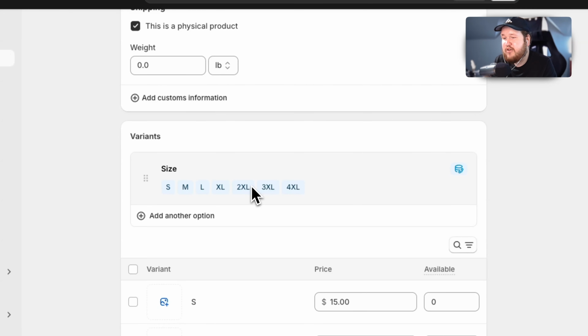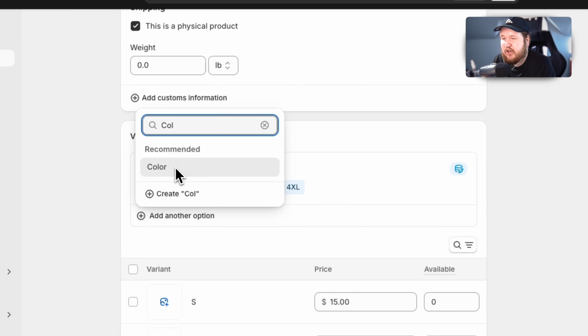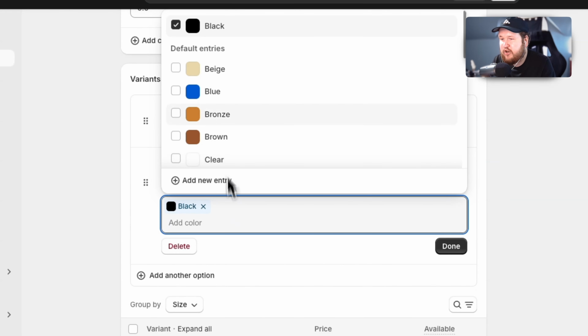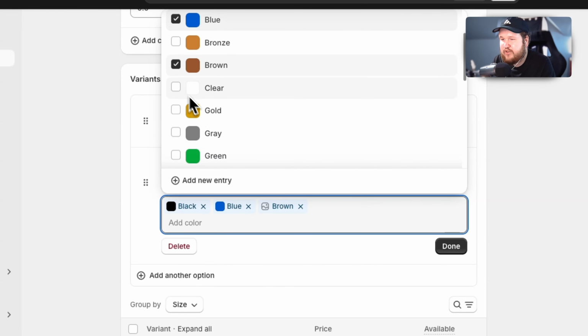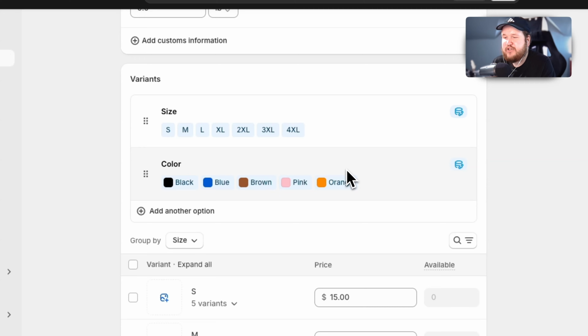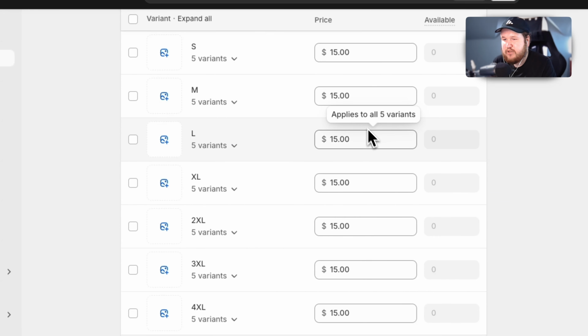size they would like. We can also add another variant, such as, let's say we want to add a color variant. So instead of just the black color, we could also allow them to have different colors of t-shirts as well. And you can go ahead and modify this at any point. And if you ever decide that you want to add new variants, you can always come back and edit these at any time. You can also change the price depending on the size. So if a certain variant of a product costs more to make, you may want to increase the price for